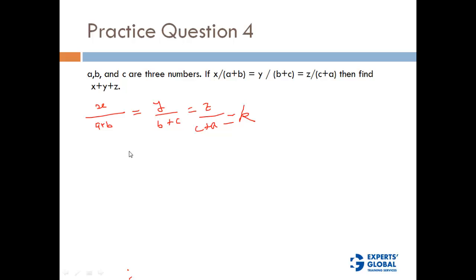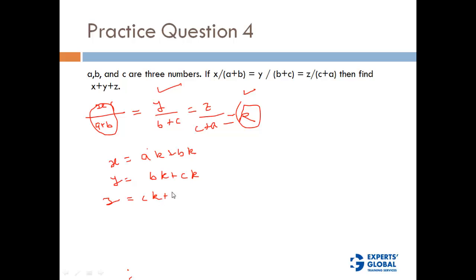So what we get is x is equal to ak plus bk, right? Now if I look at this and this, that means y divided by b plus c is equal to k. So I get y is equal to bk plus ck, and similarly I get z equal to ck plus ak,